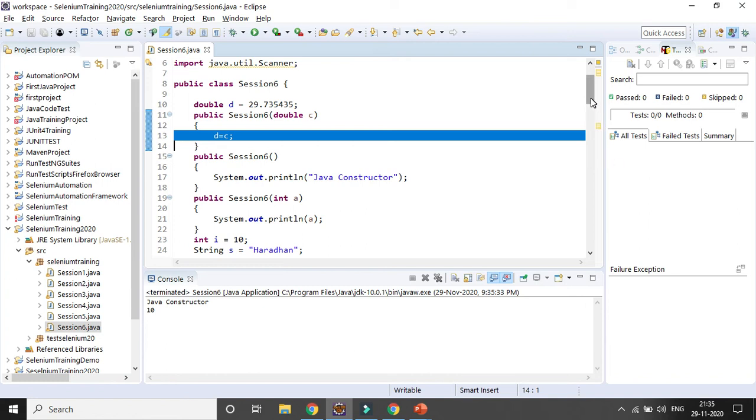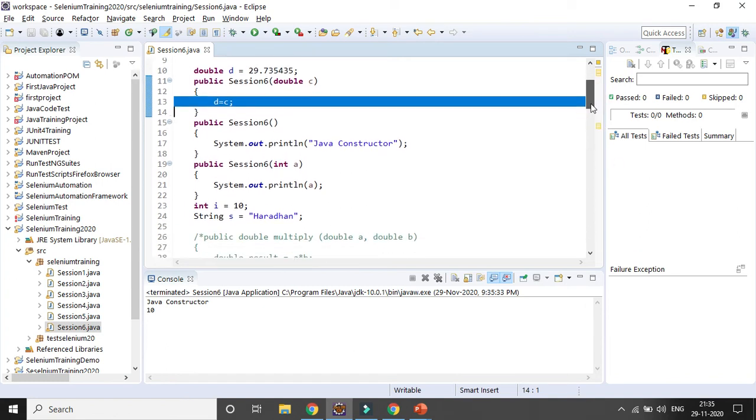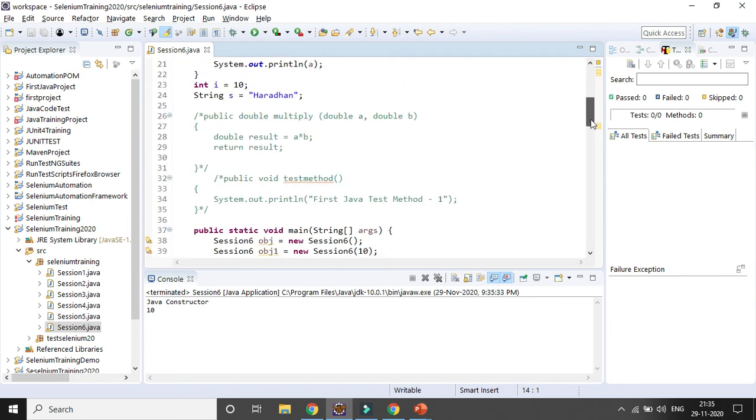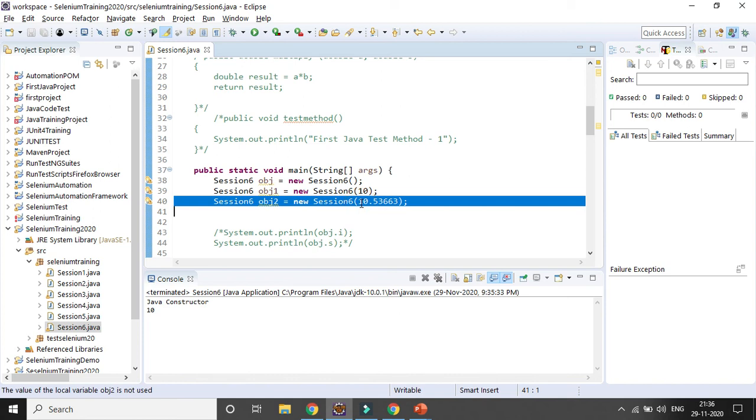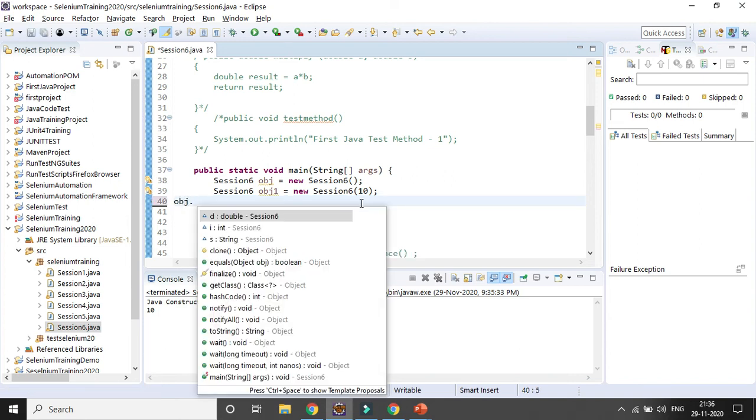There is an object already created, suppose this is the default object I already created here. So you need to use obj dot, and if you press dot, you can see the method names come, and you can see the variable names coming.